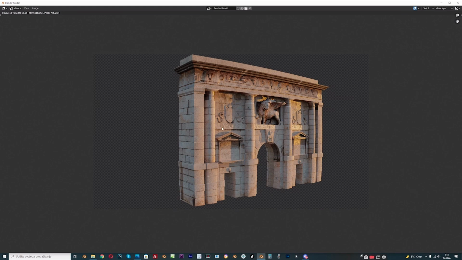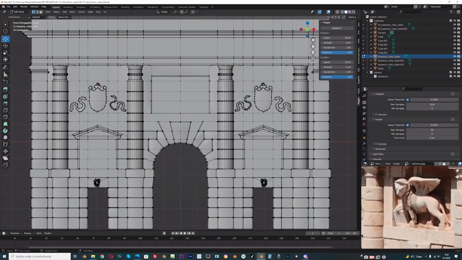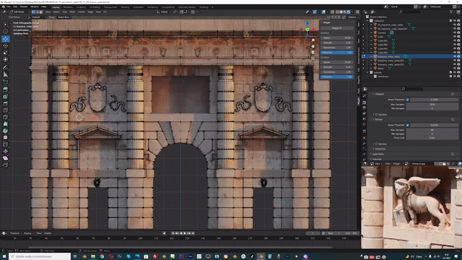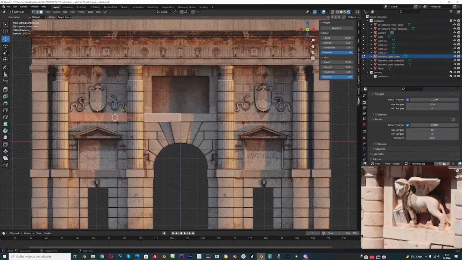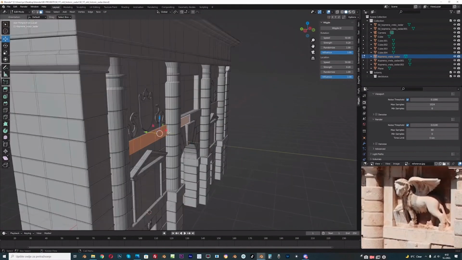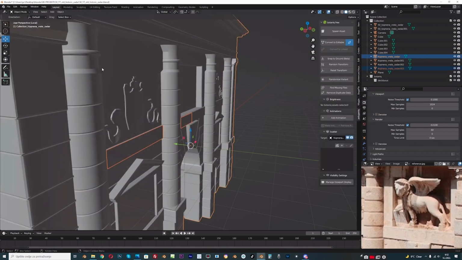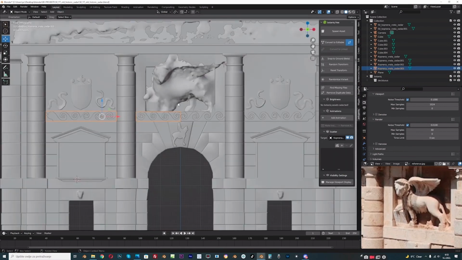So only thing I do here is this details here. And I will show you how I do this. So we can just go to edit mode and select face selection, and duplicate this with Shift D, and now press P and selection. Now we isolate, we separate this object, set origin to geometry, and